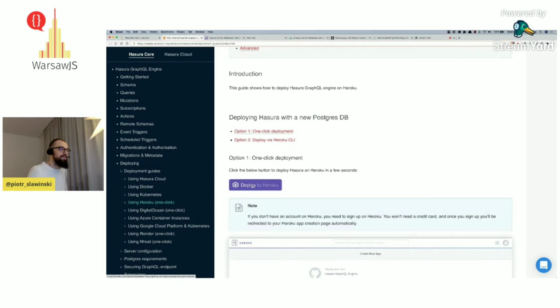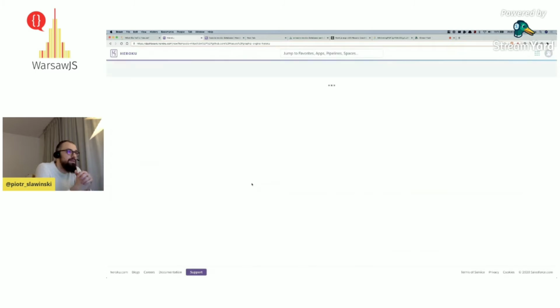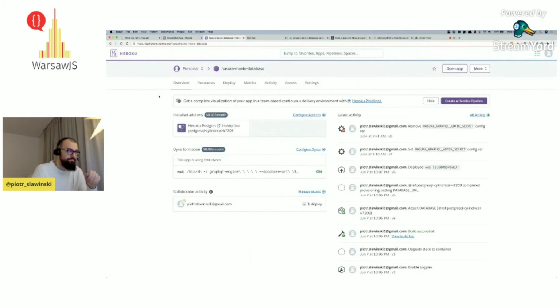Okay, so what this does is basically a step-by-step deployment or implementation of the Hasura engine on your Heroku account. I'm not gonna do this right now because I have pretty bad luck at live anything. So let's move on to a project I set up.